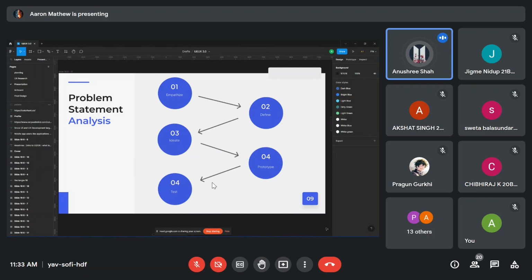After you've understood who the user is and what the user feels, you begin to ideate about how your solution is supposed to be framed. Now, this ideation phase, the third step in the problem statement analysis, includes different ways of understanding and listing down the features of your hypothetical product. You can use multiple methods of visualizing these ideas